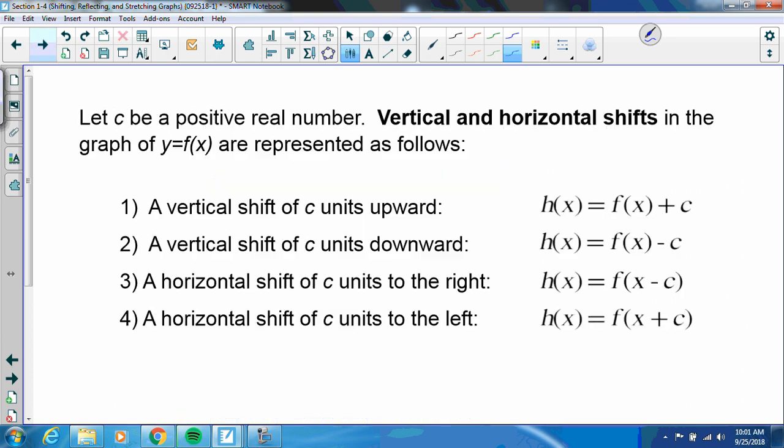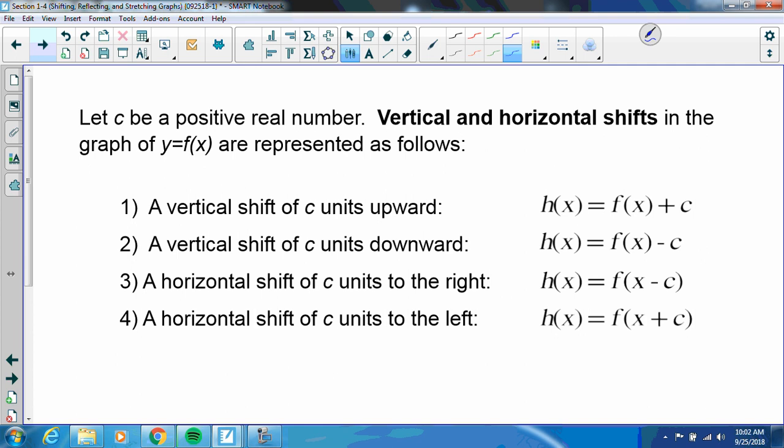Okay, we covered horizontal shifts. Now, this is not true just for quadratics. This is true for everything. This is true for all functions. So, if I want to shift any function up, whether it's linear, quadratic, cubic, quartic, a trig function, an exponential function,